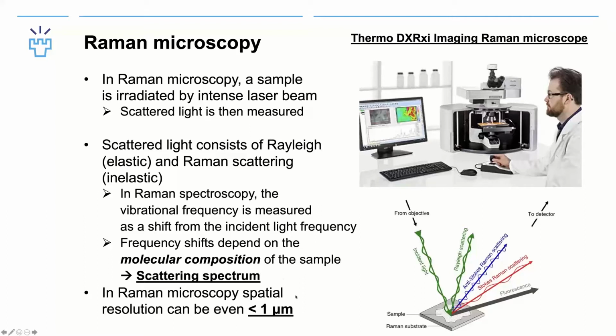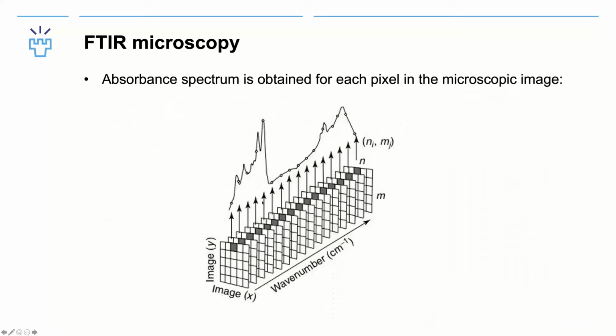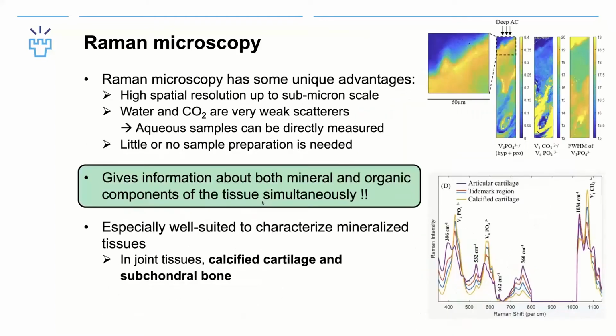In Raman microscopy, you can get a little bit better spatial resolution than with FTIR microscopy. So if we go back, with FTIR microscopy we are typically in the range of maybe a few micrometers up to 10 micrometers, but in Raman microscopy, you can image the tissue even at 1 micron or under. Raman microscopy has some unique advantages compared to, for example, FTIR microscopy. As I said already, it has a high spatial resolution, and also